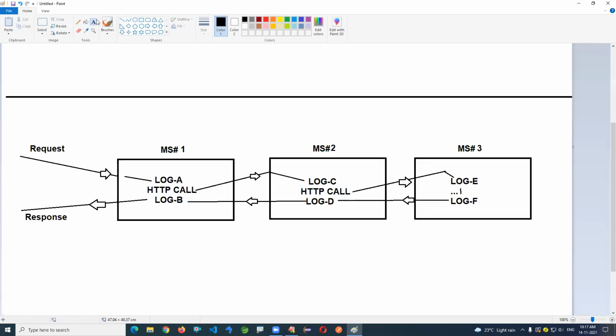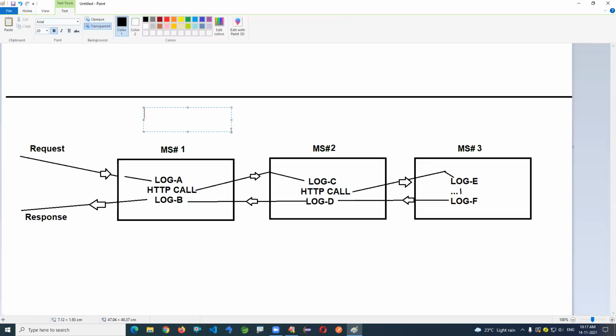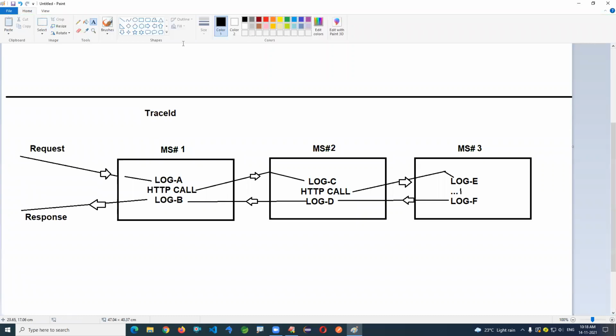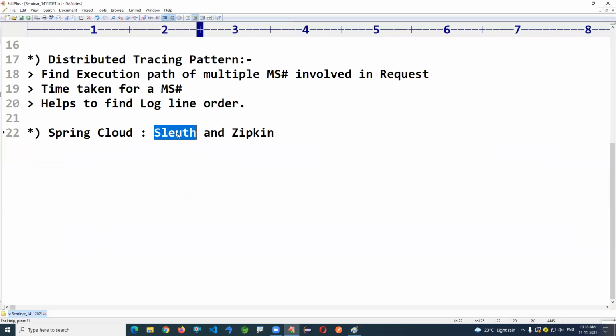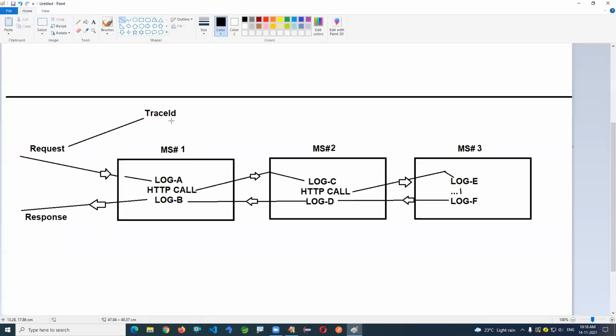Complete details are stored in memory using one unique number called a trace ID. A trace ID will store all the details from request to response, all the execution paths. One trace ID is generated for one request by Sleuth, from one request to one response.